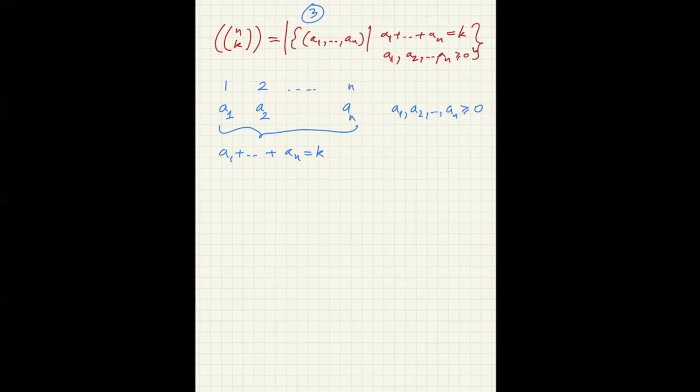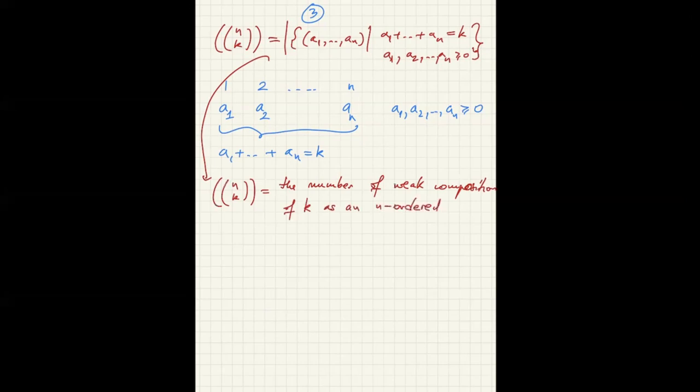But the result should be clear, and the idea should be clear that these two quantities, the left and the right, are the same. And now this is the same thing as the number of weak compositions of k as an n-ordered tuple. And we had a formula in the previous lecture. It was n plus k minus 1